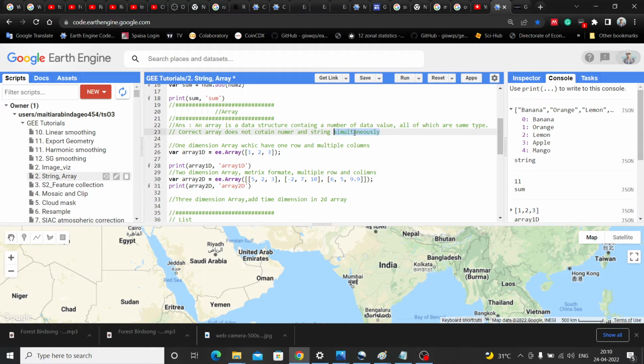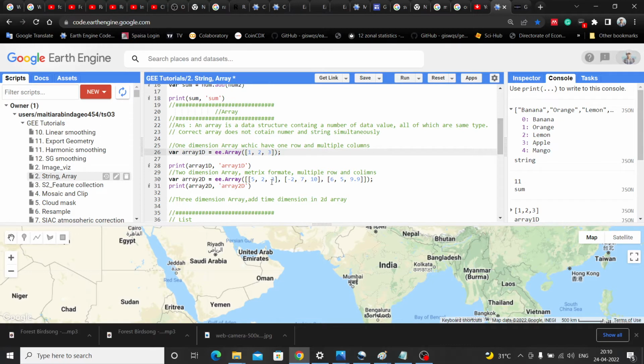So in this definition it is clear that an array must contain the same type of data. That means if you want to put numbers, then all the values must be numbers. If you want to use characters, then all individual items should be characters. So do not mix up numbers and characters simultaneously.